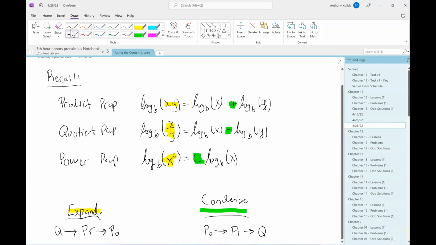So those were the product, quotient, and power properties. Again, we talked about these at the very end of last time, but since we're going to refer to them multiple times here in the upcoming examples, I figured I'd write them down again today. These 3 properties we're going to use rather